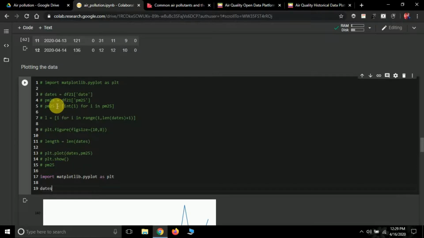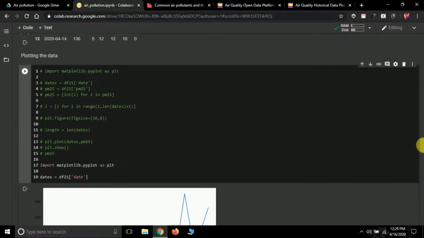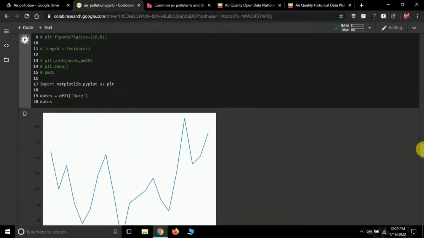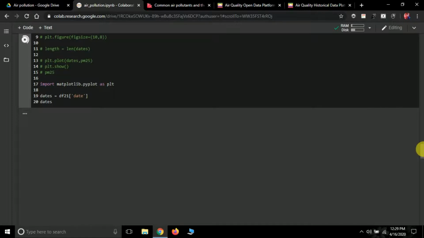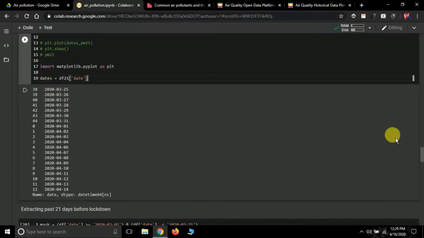Now we are going to create a dates variable which will store the dates from df21. Basically what we are going to do, from this bigger data frame we are going to extract all these dates in a list. So see here, we have just passed the date. This is my variable name. So from the df21 data frame we will extract all the values of the date column. So let's print dates, and basically it's a list. Let it get executed. So see here, we are getting all the dates stored in this dates variable. Okay, fine, I needed this.